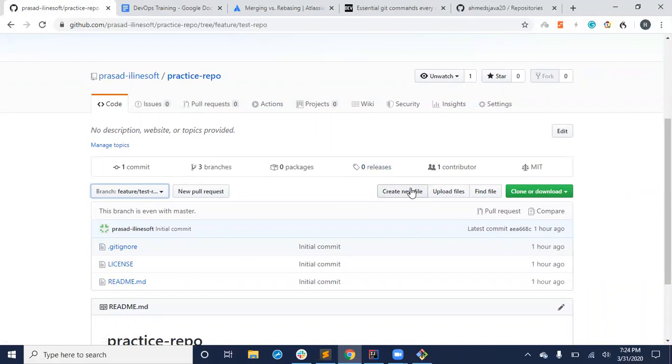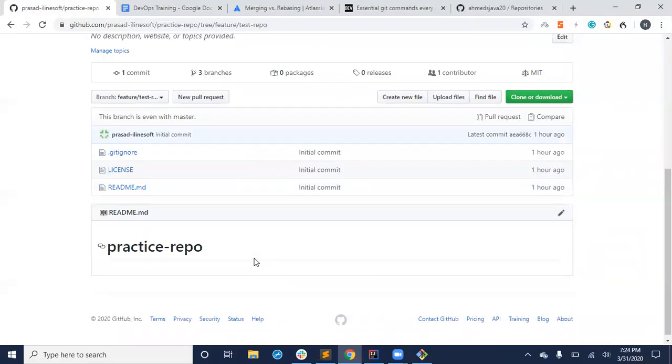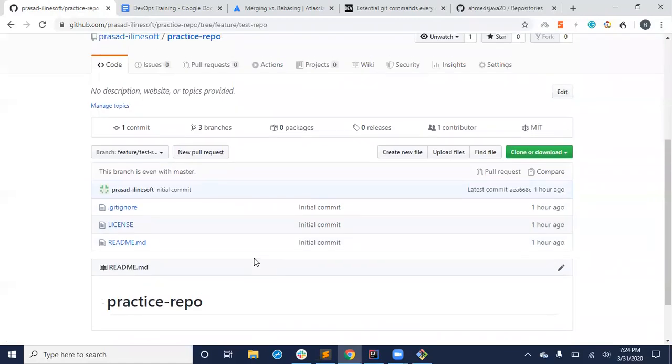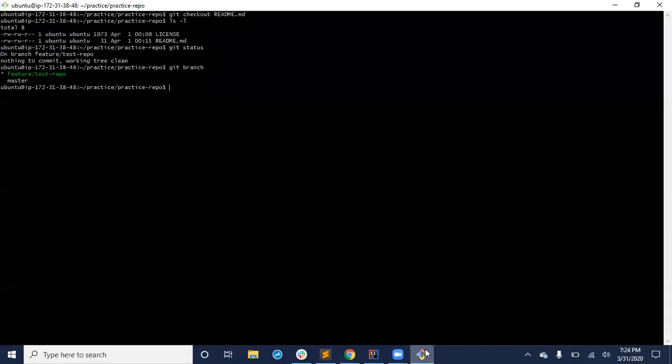You need to use something else. Either you use your IDE, like IntelliJ or Eclipse, or you do it from the command line. Now, what you see is when you create a merge request, you see something called a pull request. But if you want to merge and you have some conflicts, which we normally call merge conflicts, let's do a small exercise.